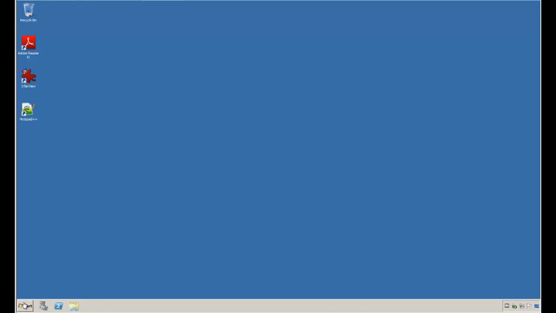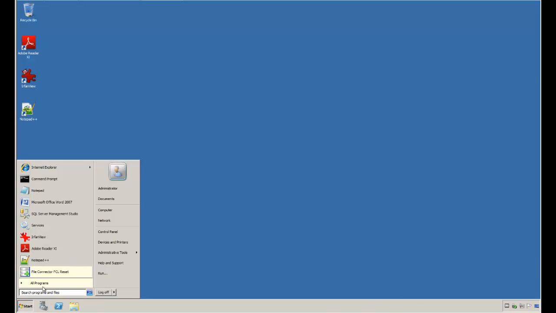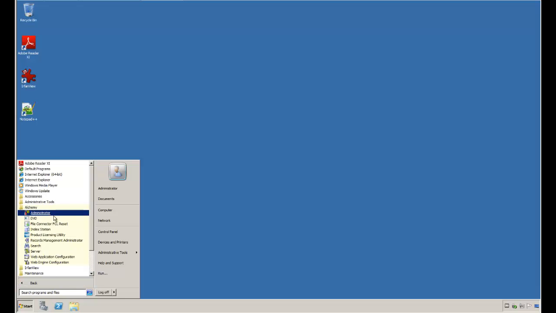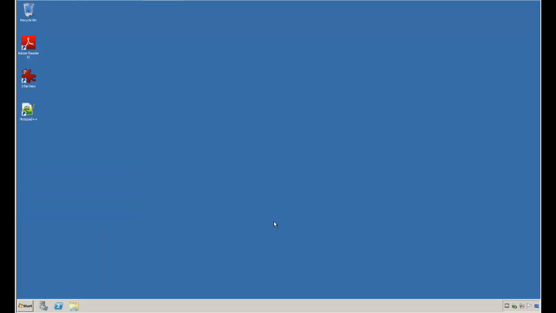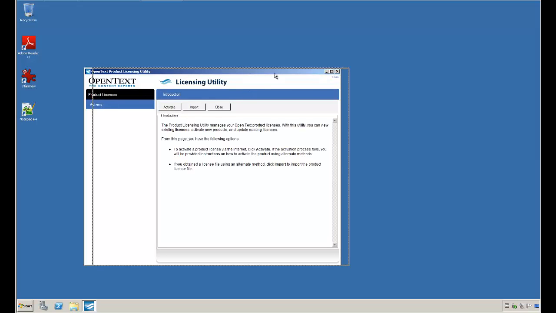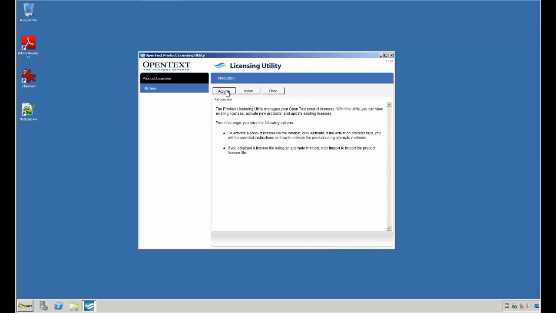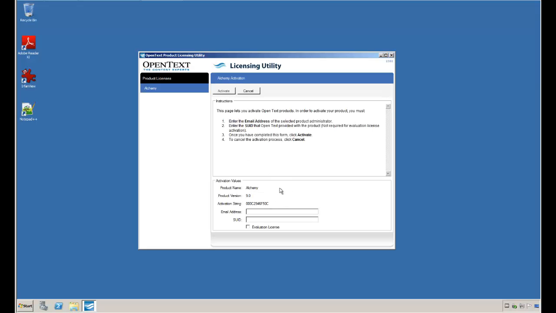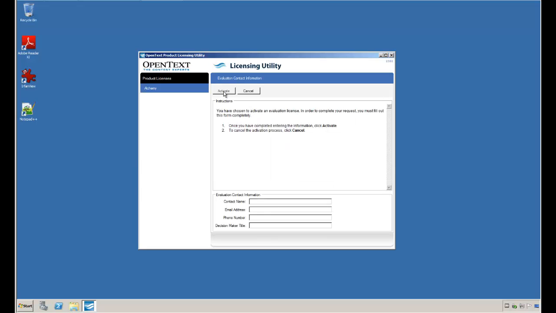Now that we have Alchemy installed, we're going to go ahead and license it. For this demo, I'm only going to evaluation license Alchemy. I'm going to click Activate, and what I'll do next is type in my email address. I'm going to skip the SUID because this is an evaluation and a SUID is not required, but I will click the evaluation license. I'll click Continue, and then I'll punch in my contact name,